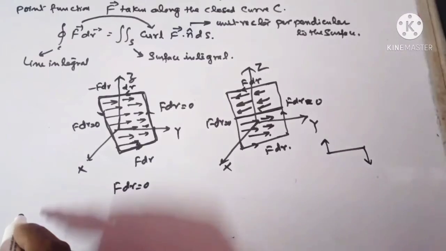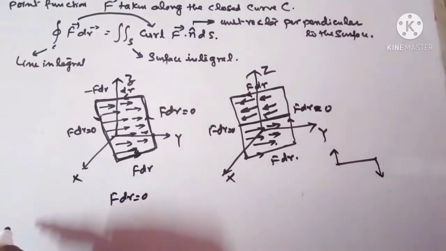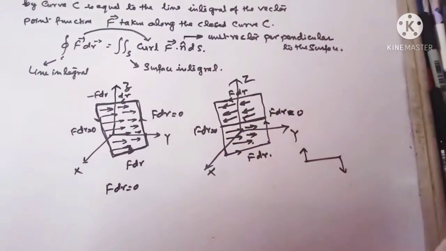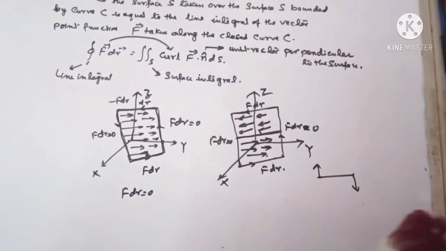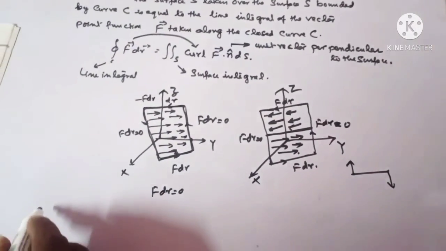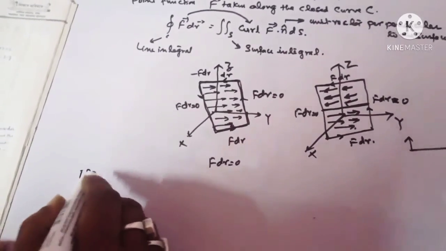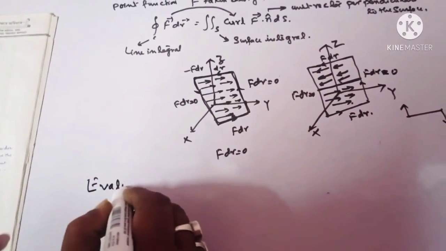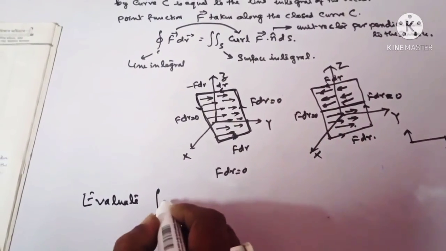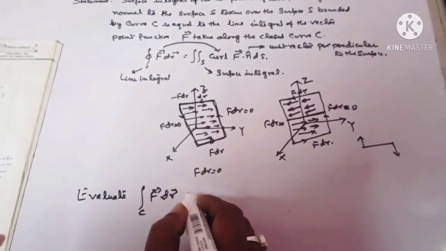Now how to explain this Stokes theorem? This is possible only with the help of an example. Let us take an example. This is the problem: evaluate this curve integral of F·dr, where